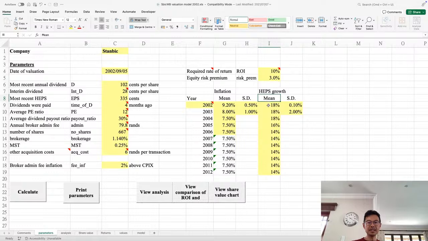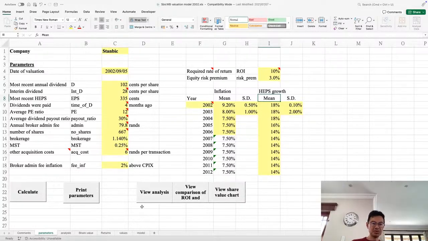Yeah, and then this is the mean in terms of headline earnings per share growth. So at that time, based on Standard Bank's previous years' history, I was assuming it would be growing a bit faster at 18%, then down to 16%, and starting to get closer to inflation at 14%. All right, so that's the model I built, and then these are the macros in the background,